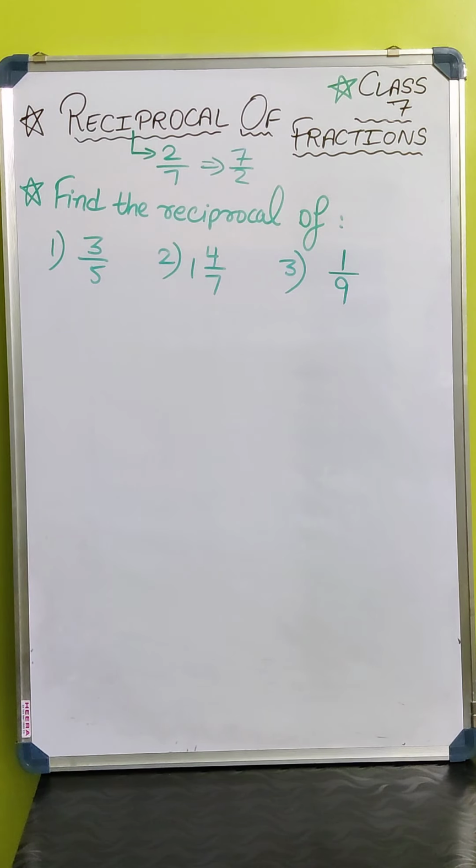So what is 7 by 11 here? Here the numerator is less than the denominator. So what will it be? It is a proper fraction. Okay. Just find out the reciprocal, then classify whether it is proper, improper, or whole number.